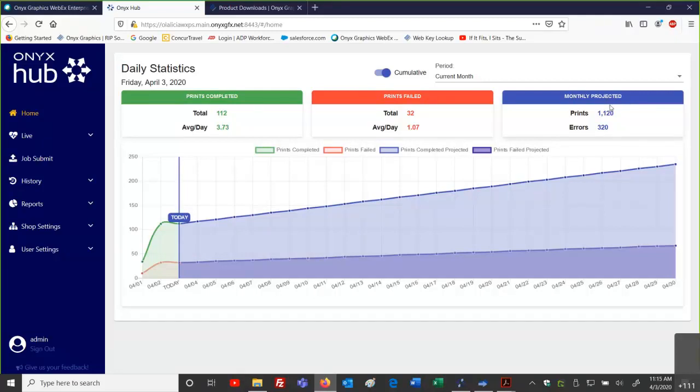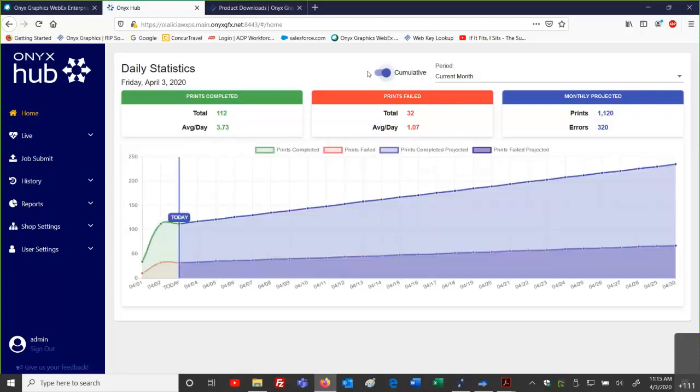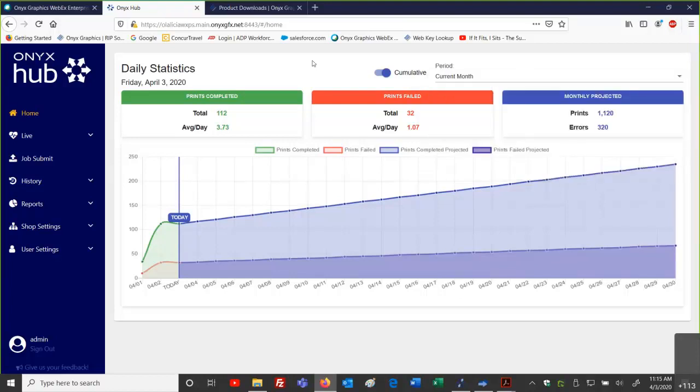So what have we been doing on a monthly basis? We can see this as information, plotting, trending, or if we turn this from our graph, we can go to a little bar information to see this data as well. So you've got two different choices, and this is cumulative, so you're seeing this information from our day. Over on the right, current month, you can expand down and customize what you want this to be. Let me see the last 7 days or last week, month, or a custom date range. So it's very easy to see this general information in the home page for your statistics.